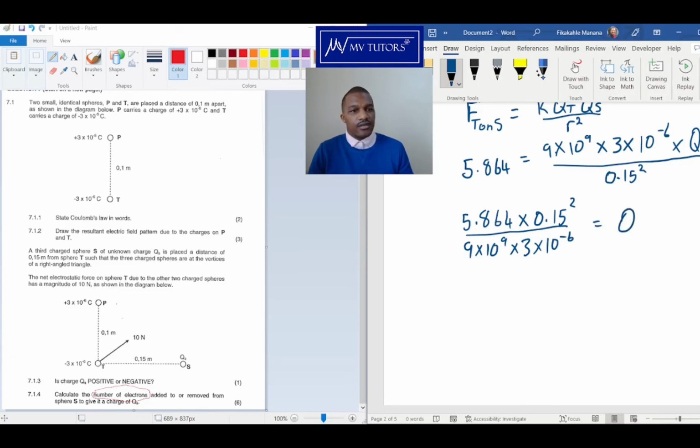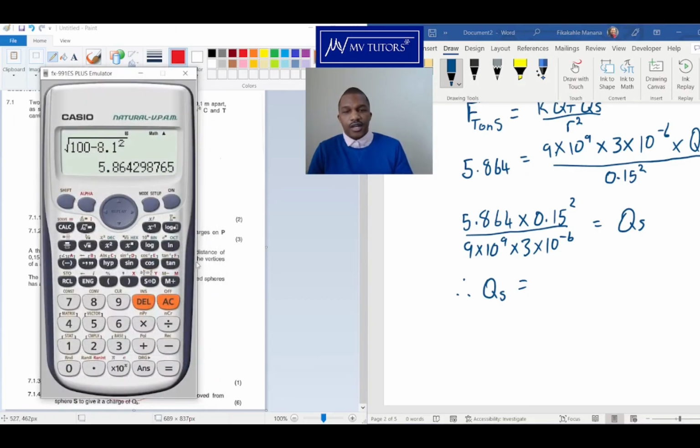All of that is equal to QS. Left with QS. Therefore, QS will then be equal to, let me put this in a calculator,